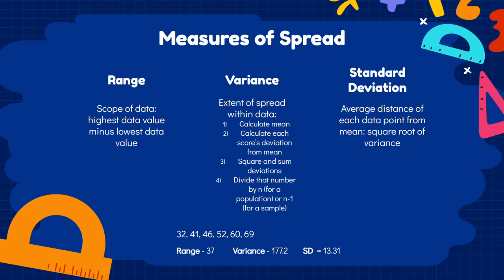So you would do 32 minus 47, the deviation squared, and then you would do plus 41 minus 47 squared, plus 46 minus 47 squared, plus 52 minus 47 squared, plus 60 minus 47 squared, plus 69 minus 47 squared, right? By doing the data point minus mean, you're seeing how far away it is, and then you're just squaring it and adding all that up, right? And then you divide that by